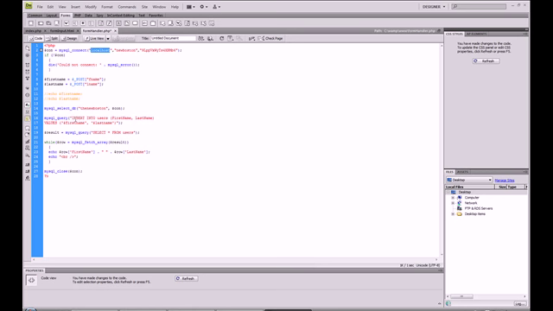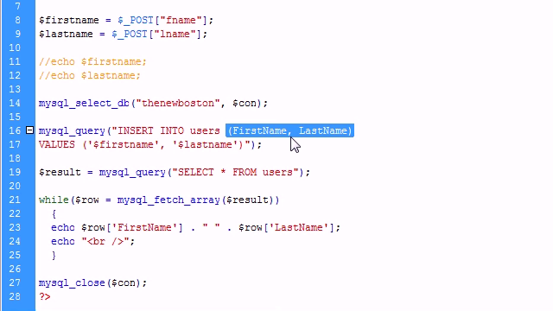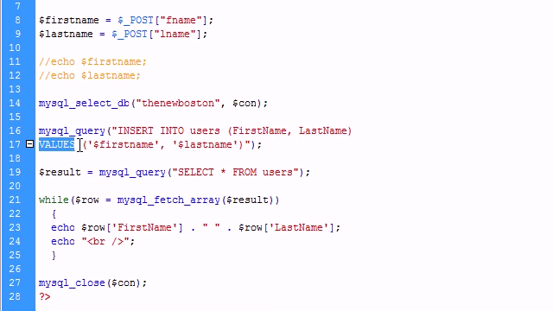So for this example, we're just going to insert into our new users. We're going to insert into users, and we have first name and last name. You see it's separated by commas, and these are the actual field names that we're going to be inserting into. And then after you fill this part out, you type in values after that, and then you open up another set of parentheses, and you need to follow in order exactly like you did right here, like first name,